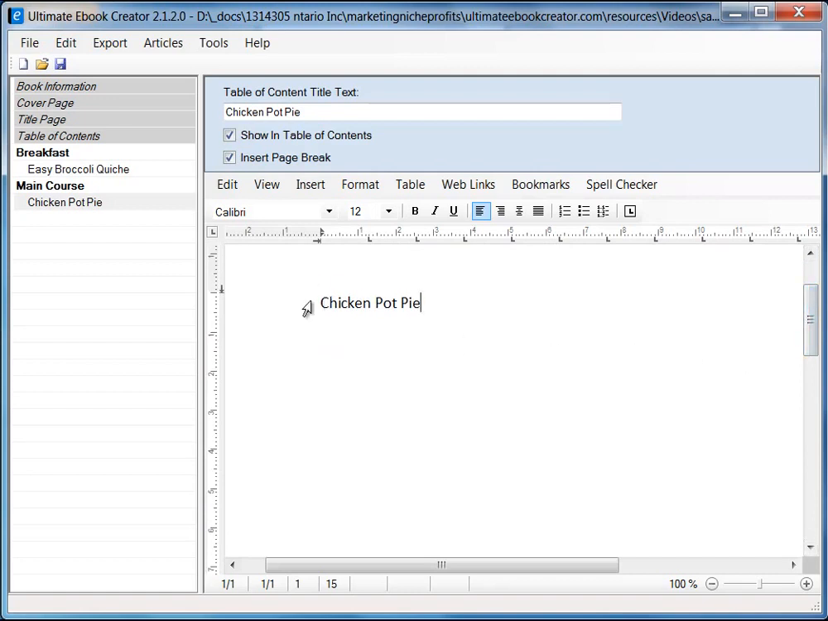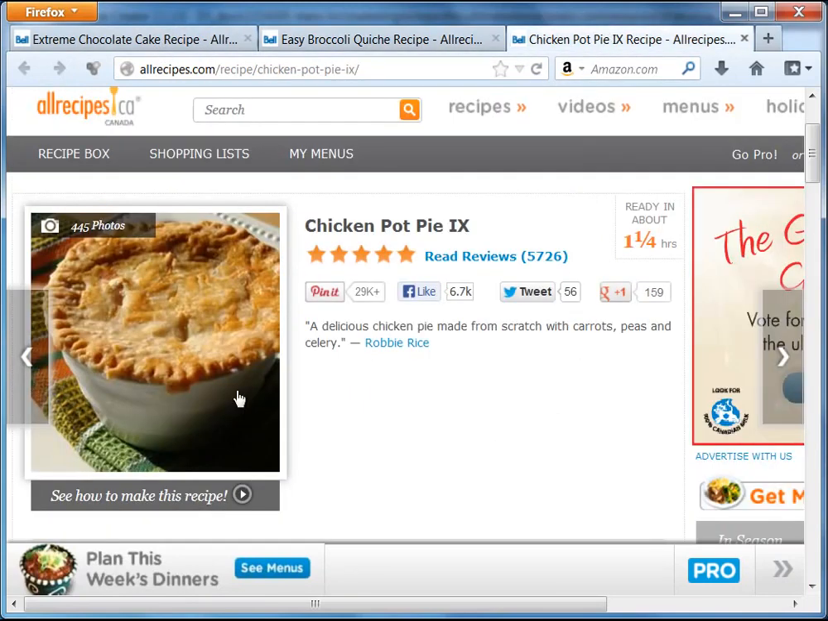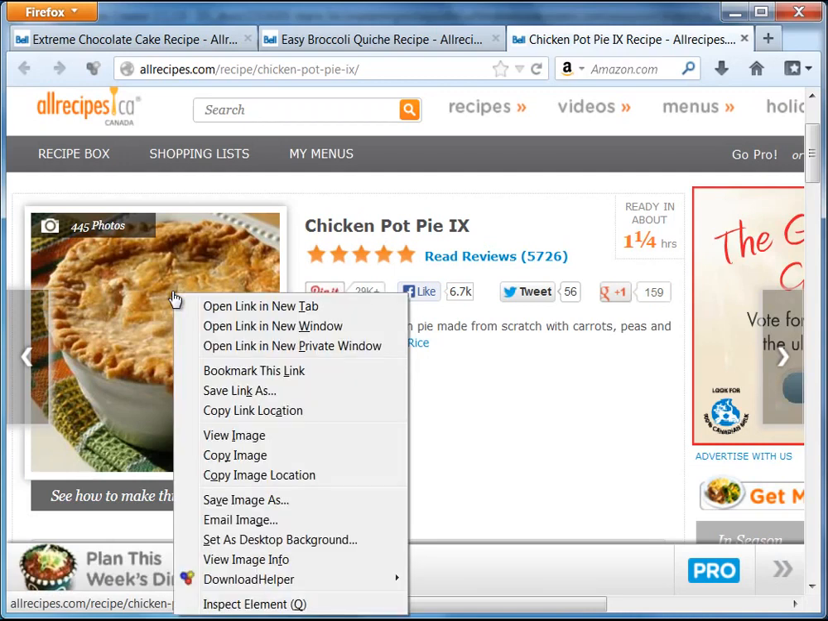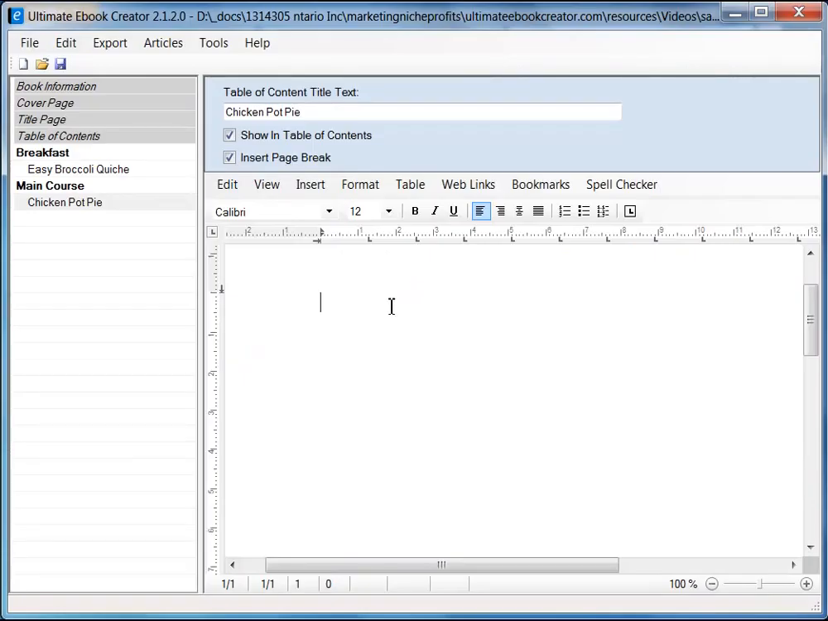Now in this particular one I want to show you a different technique. Okay, so I'm going to remove this because what I want to show you is something really cool that you can do. So let's go to our chicken pot pie recipe, and I actually want to put in the image like this, and then I want to show you how you can actually type in the title which is next to the image like this, right? So what I'm going to do is I'm going to right click on this image and I'm going to say copy image. Alright, then I'm going to go to UEC, or the Ultimate eBook Creator,